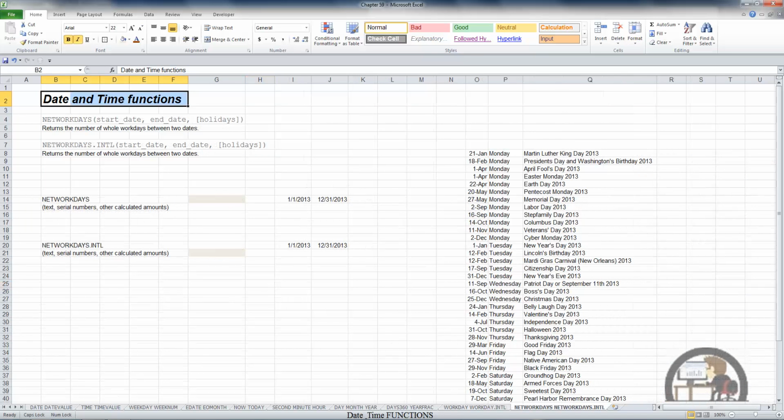The final 2 date and time functions are NETWORKDAYS and NETWORKDAYS.INTL. These functions are similar to the 2 we just covered, except that instead of finding the next working day after a given number of days, these functions tell you the number of working days in between 2 dates. So selecting cell G14,